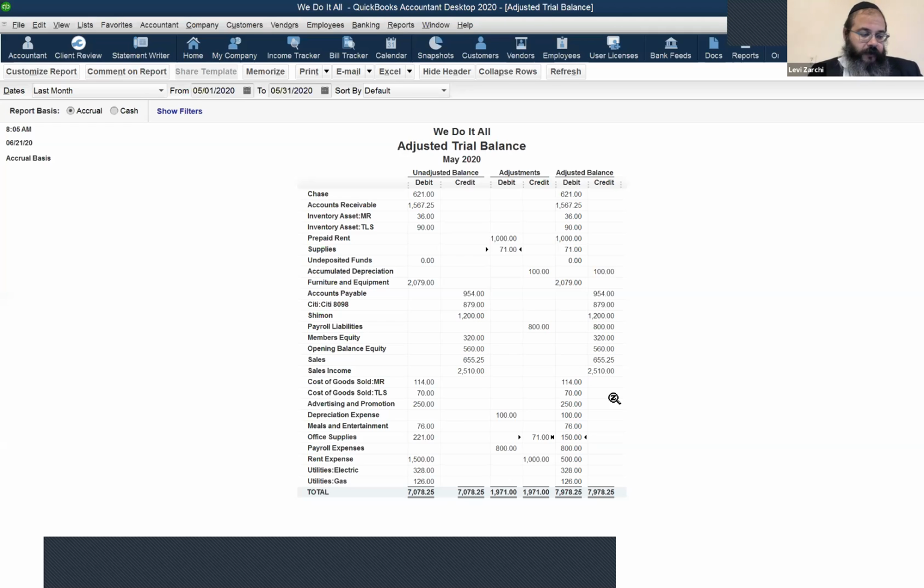Now, obviously, we're not going to have the issue of debits and credits matching, because QuickBooks won't let us make an error. If we make an invoice, automatically both ends of the equation are done. And even if we did journal entries, QuickBooks will tell us it's not in balance and it won't let us save the journal entry. So you won't have the issue of balancing. Made 7078, when you make adjustments of 1971, total debits and credits, and then the adjusted balance of 7979. That you won't have, but you will need to look at the adjustments to make sure we took out whatever needs to be adjusted. And then again,